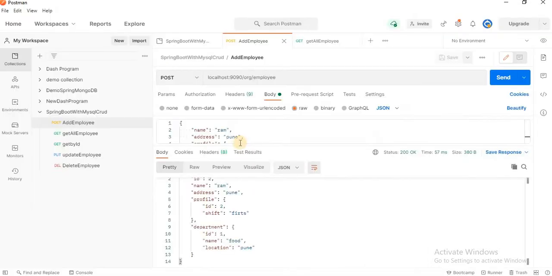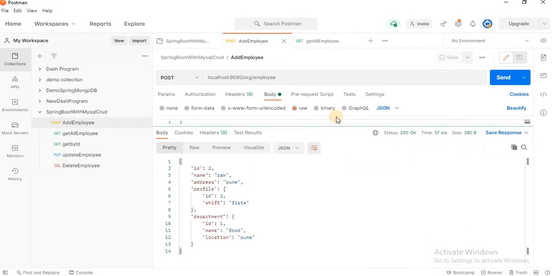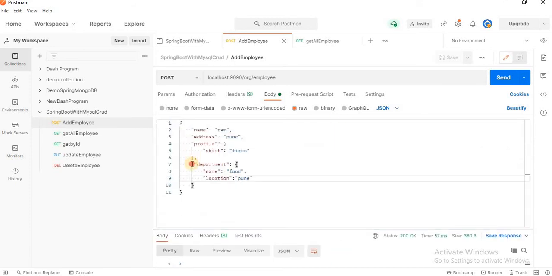Okay, let's add the new record. Here we can add a list of tasks. I'll simply copy this department, comma, add here and change here task.